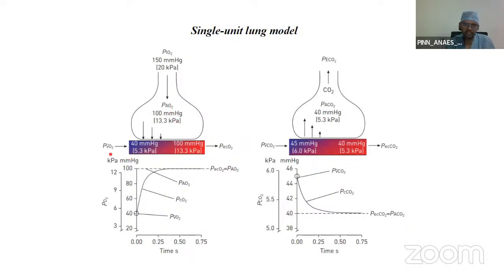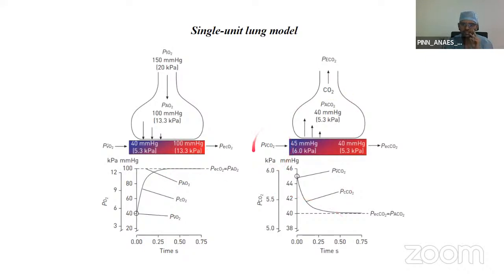So the time taken for the mixed venous blood in the capillary to get oxygenated and leave the alveolus is less than half a second. The normal red cell transit time in pulmonary circulation is between 0.25 seconds and 0.75 seconds. If you can see, this is the partial pressure of oxygen on the y-axis. This is the time on the x-axis. So from 40 to reach 100 millimeters of mercury for the PO2, it takes less than half a second in the capillary. So what happens to the carbon dioxide?